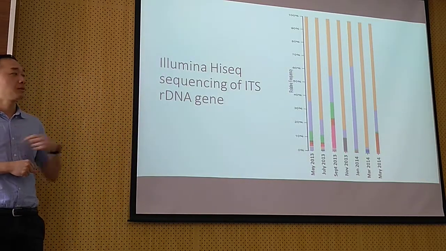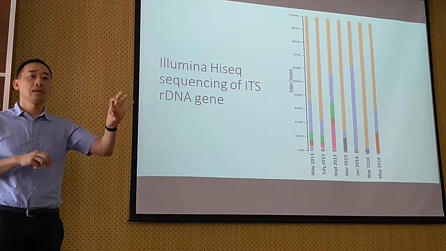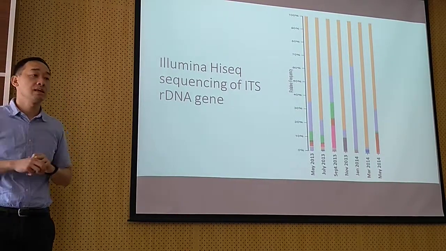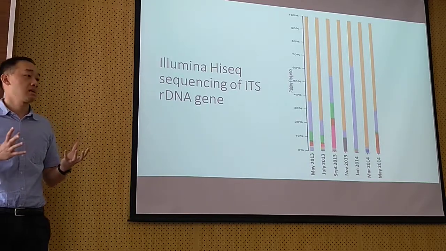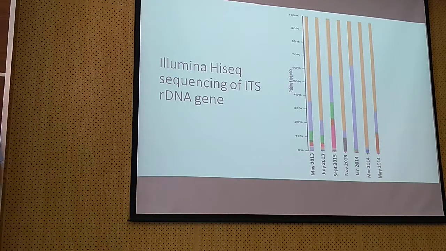So basically, what we are doing at the moment is we extract all the sequences and we BLAST each sequence against those in the NCBI database. NCBI is more updated, so you have a more updated taxonomy of the sequences. If you have a chance, I would recommend you to do this, but it also depends on the number of OTUs, operational taxonomic units, that you're going to get. From this graph, you can see that these are the fungal communities in different months. As you can see, the different colors represent